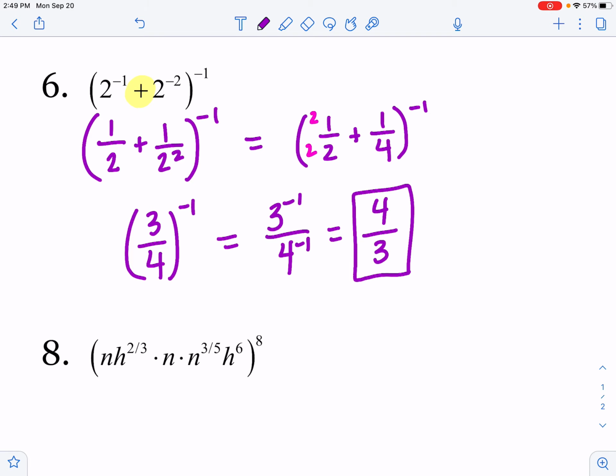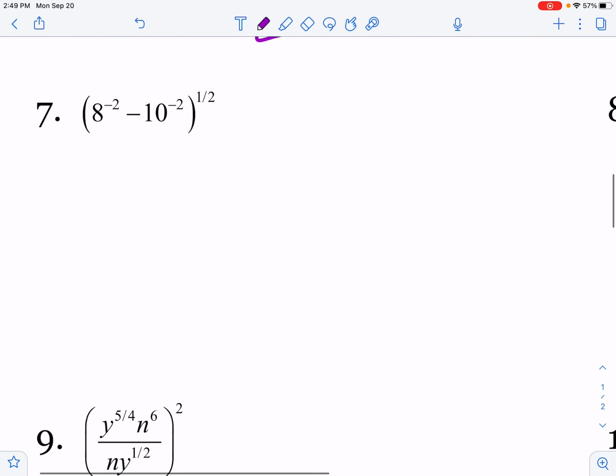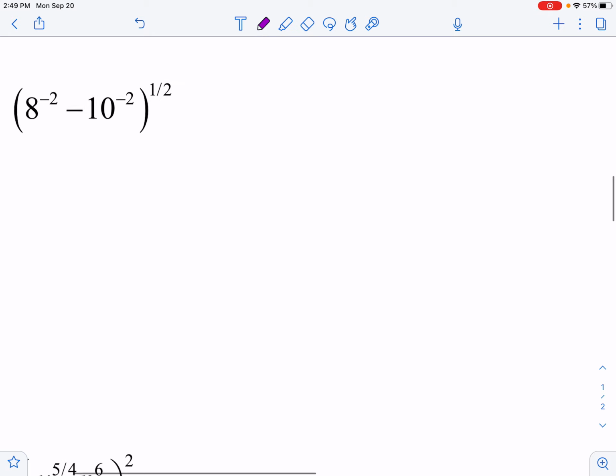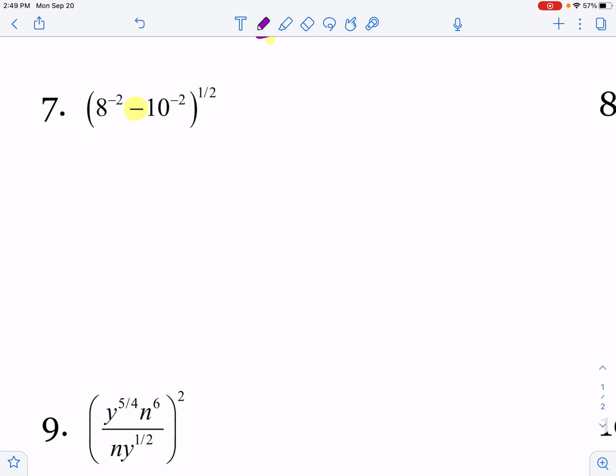So with that same mentality, we're going to try one like number 7. And if you want to try it before I go over it, feel free to stop and fast forward and see if our answers match. If not, we're going to start. We cannot distribute that 1/2 because I have that subtraction sign. So I'm going to do the same thing I did in question 6. I'm going to rewrite